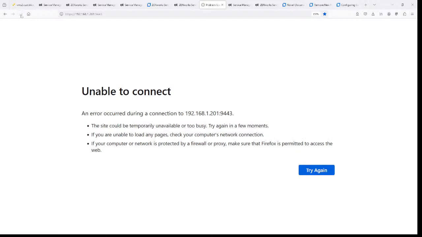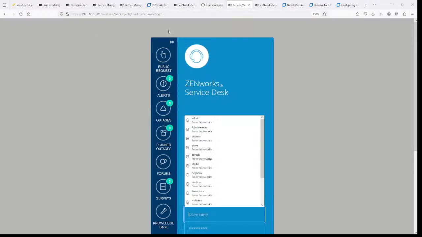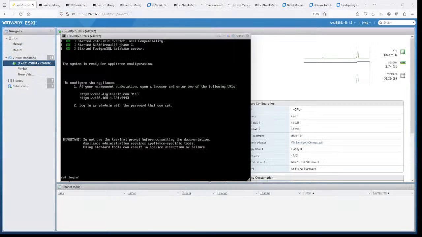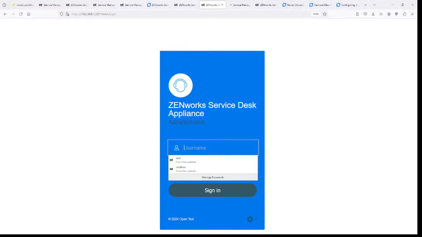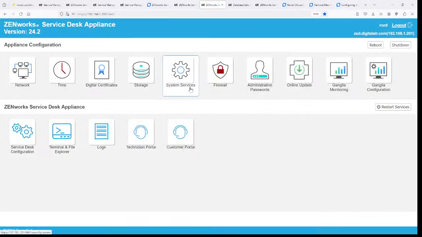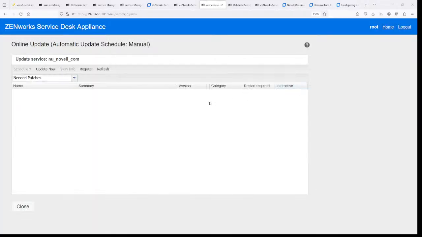Give it a second for all the services to start. I'll do that too. There we go. It's getting ready. Okay. We're good there. There it is. So let's go ahead and log in. Now we can see, yes, we are at 24.2. The online update doesn't show any more online updates. If we go to it,